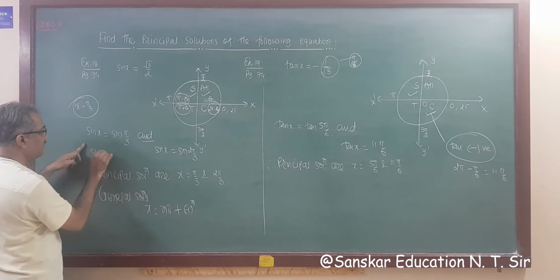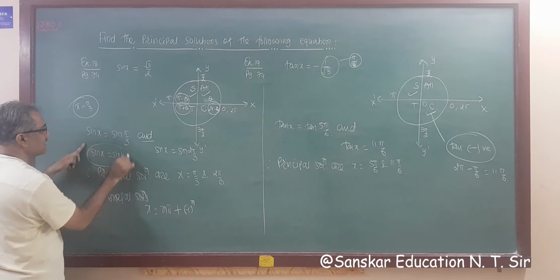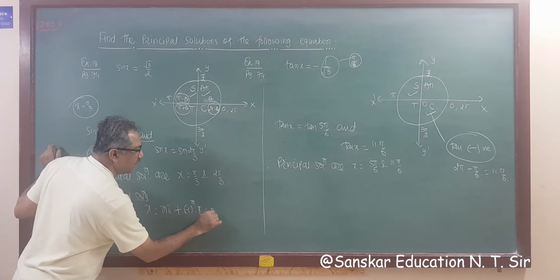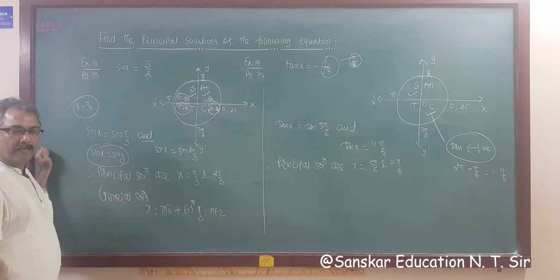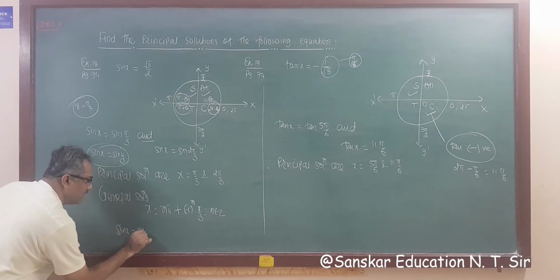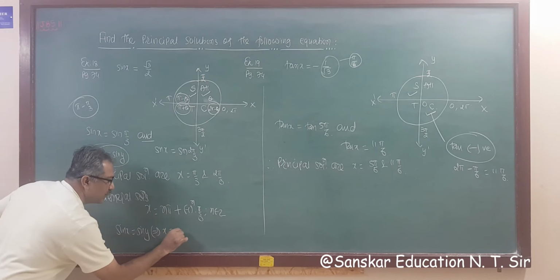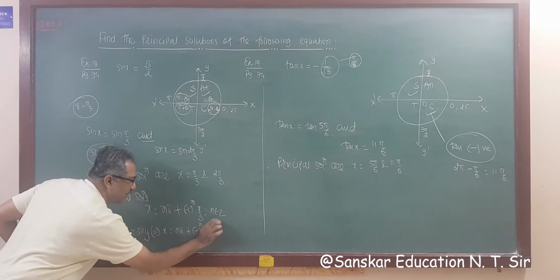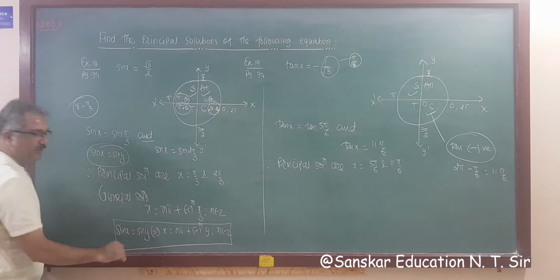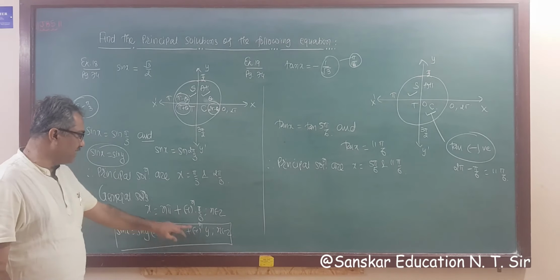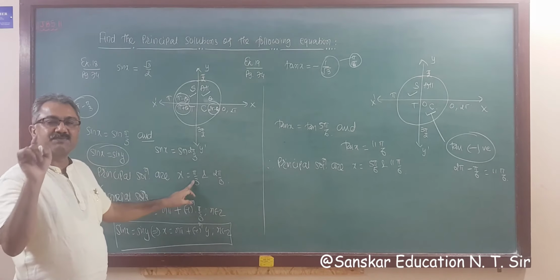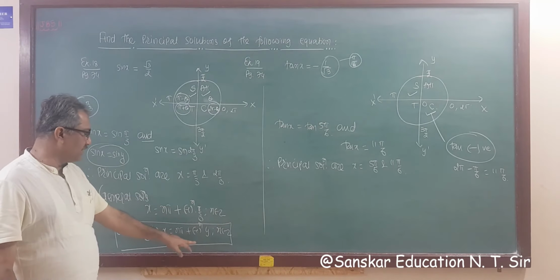Sin x is equal to sin y. Remember our formula. If it is given sin x is equal to sin y, this implies x is equal to n pi plus minus 1 raised to n into y, n belongs to z. This is our theorem number 1. So applying theorem number 1 for the general solution, n pi minus 1 raised to n, you have to write only y. So out of these two principal values, you have to take the smallest one, that is pi by 3. So consider this.